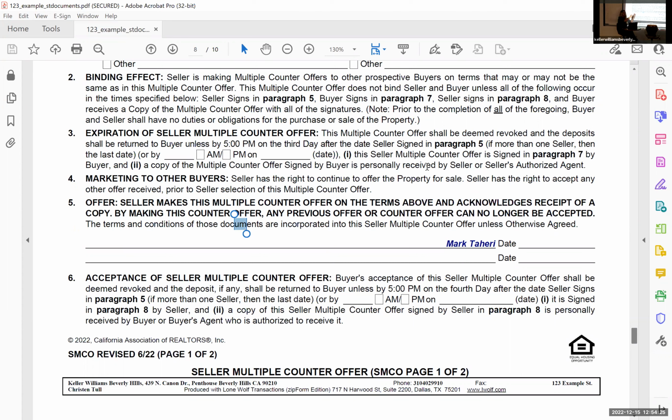And one of the items on my counteroffer will say buyer offer is hereby extended to some day and time after the date I'm countering them on my seller multiple counteroffer. Does that make sense? But we basically can extend it. I can extend it, but I can't use that method if I only have one other offer in my possession that's not expired. If I have two, yes, because I still have two valid buyer offers, right? So I can still use